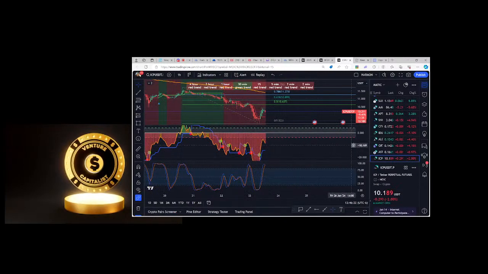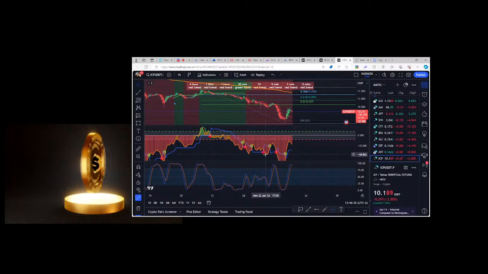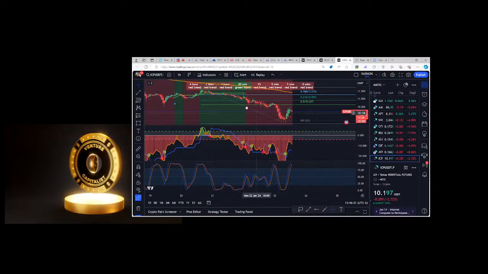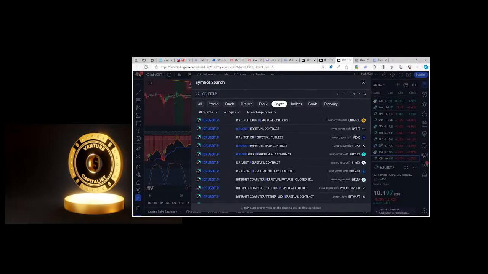But so far, with how we do our system, I can adjust leverage and entries in order to win every time, right? So it's a little bit of adjustment, but let's go from ICP and let's go look at,